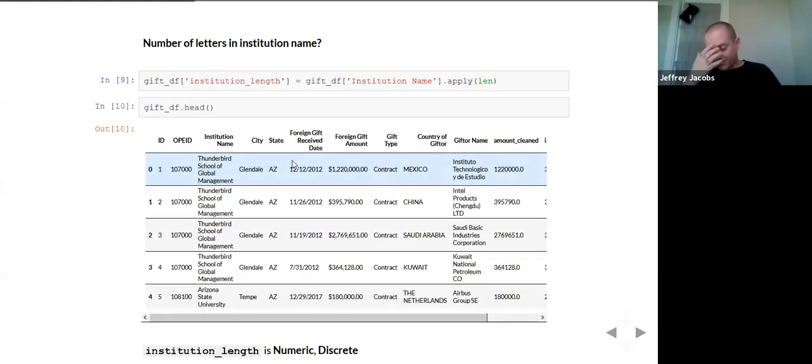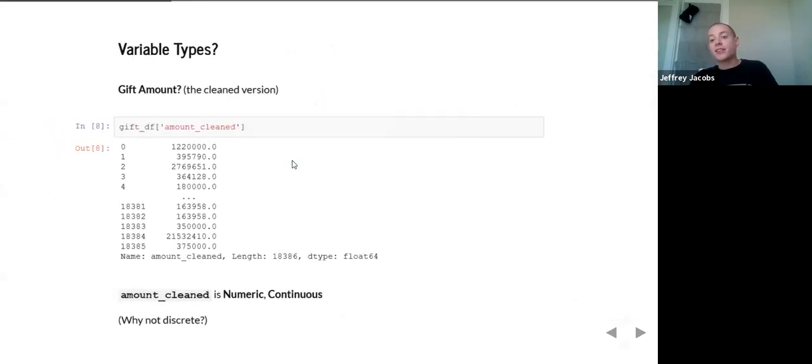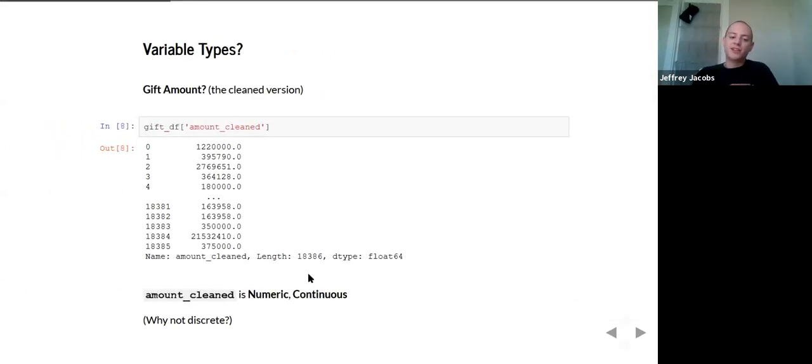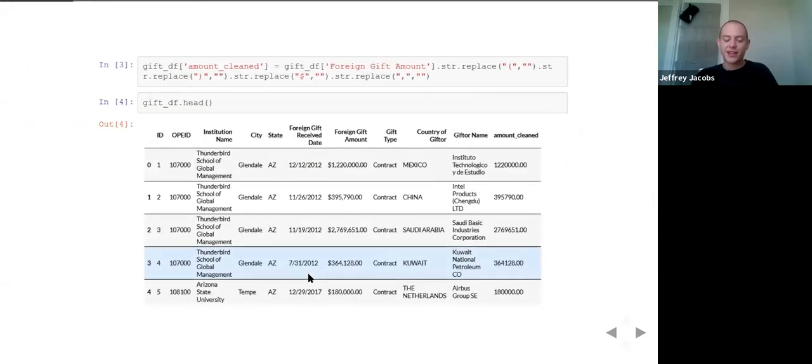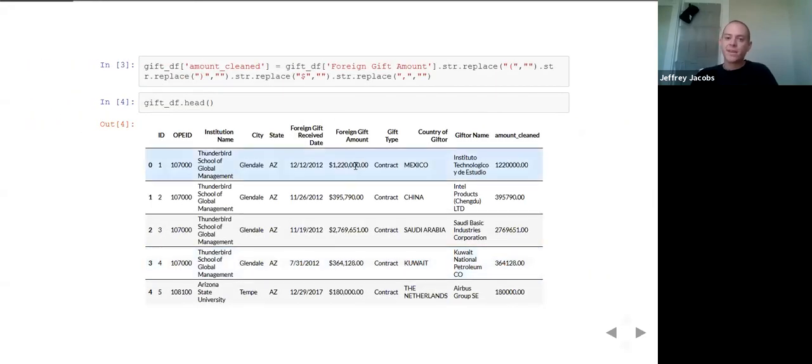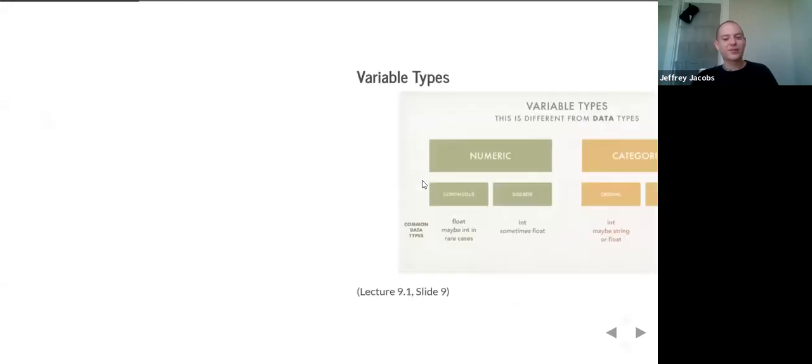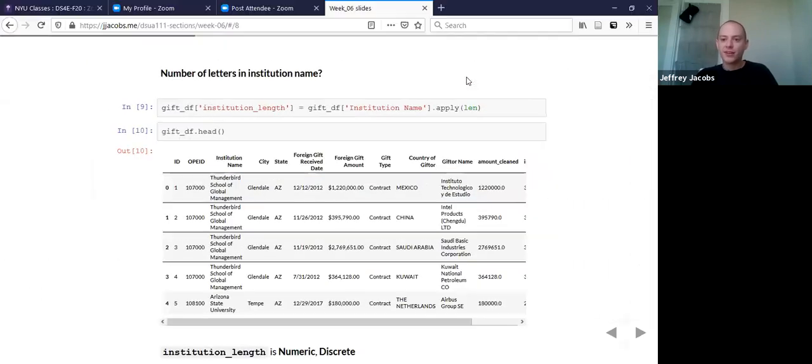So next up, I was trying to think, okay, that's a numeric continuous variable, and do we have any numeric discrete variables in this data set? The answer is not really. I mean, you have the year of the gift, but that's its own weird thing. A year is, I think, called an indexical variable, and I don't want to worry about that. So instead, I just made a variable called